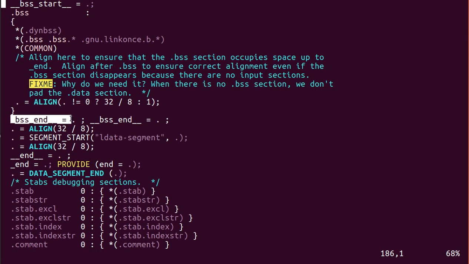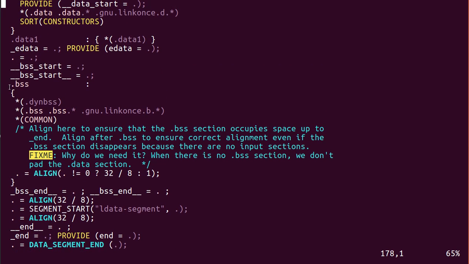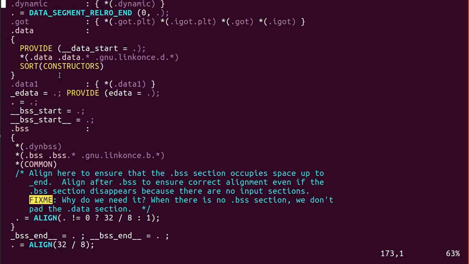You can see the BSS and the aligned BSS address is over here, and also the BSS start address is over here. So all these things will get done over this linker script.